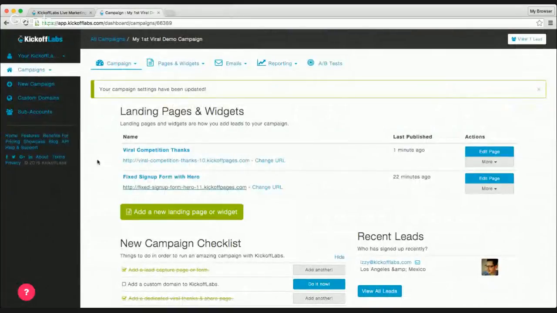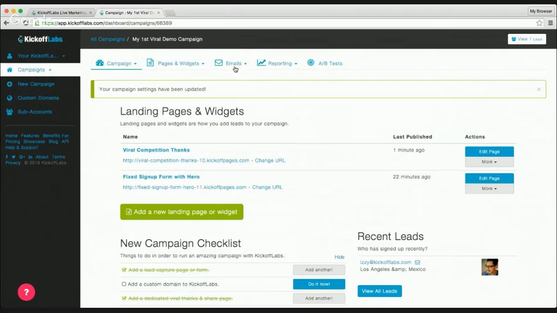Showing you a little bit more around the actual platform, you can see that we have our fully viral campaign. People can start sharing, people can start signing up. You see what it would look like once people start signing up, what leads would look like, how you can track those leads. So there's really nothing that you need to do. Everything is automatically tracked by our KickoffLabs platform. There's nothing that I need to set up other than just creating the actual pages.